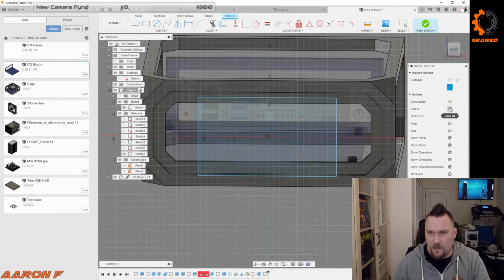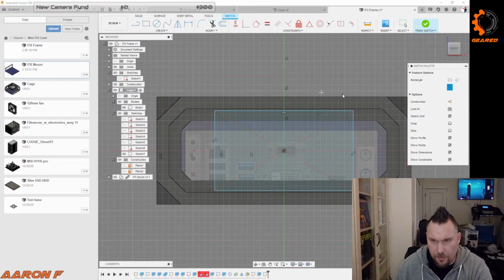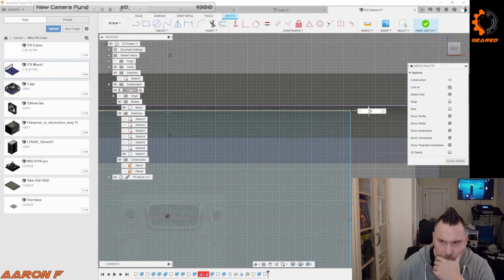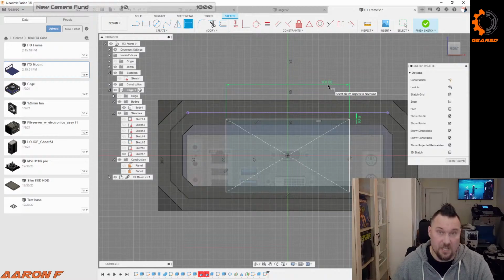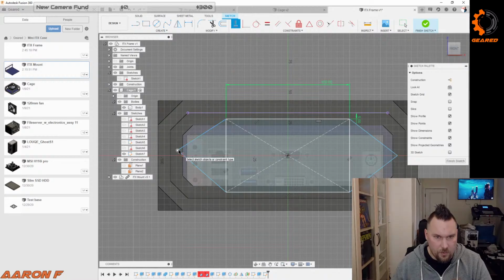Let's see here. I think I want to do... Let's see. I do want to pull in this line right here, because I want the distance from here to here. I don't want a huge slope on the top and bottom. Let's do that for now. Let's make this 100, because numbers. And then the big one is going to be this, because this is kind of the shape of his face. We need to make this point